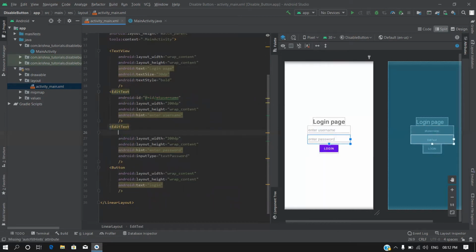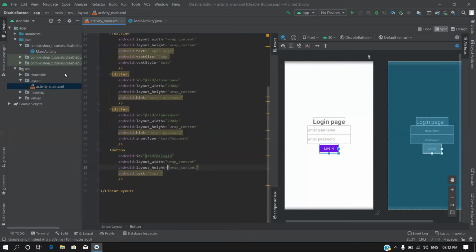Then the second ID I'm naming edit text pass, and for the button I'm going to give the ID button login. So we're done with this UI part.